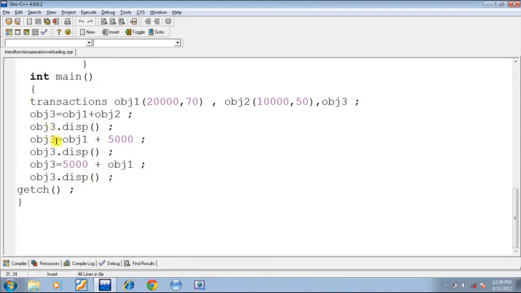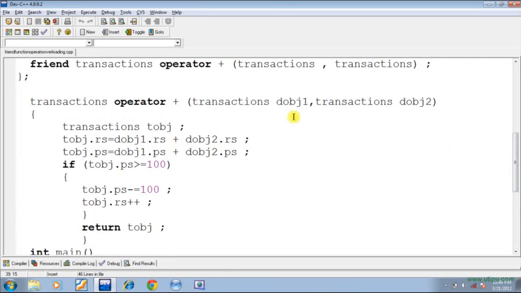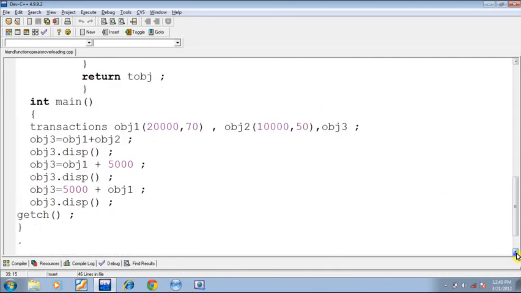Now see, obj3 is equal to obj1 plus 5,000. Now obj1 is going to be passed to the formal parameter dobj1. See guys, what will happen to 5,000?